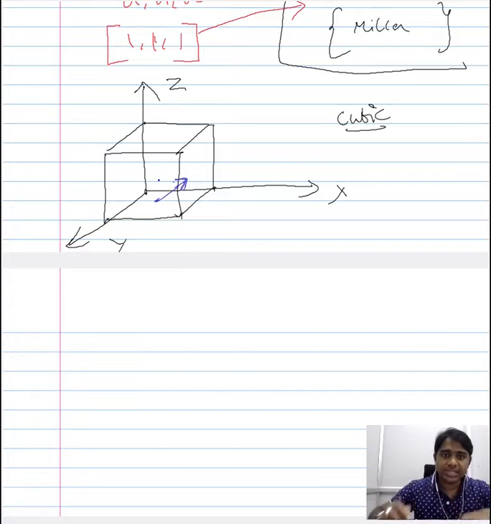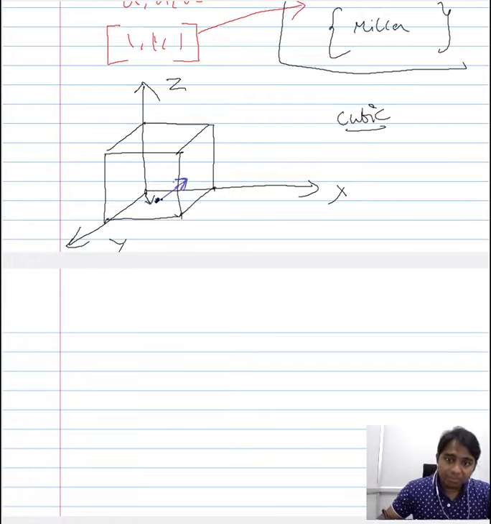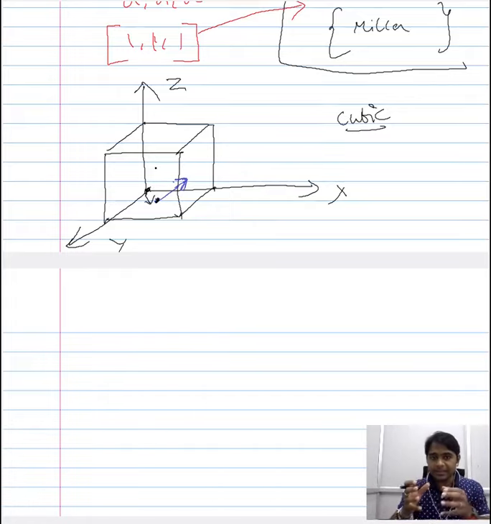One is to construct a parallel direction that goes through the origin, or the other way is to shift the origin or whole of the framework. So the whole frame of reference you can shift to this point here. So let me do that in black. You can shift the whole frame of reference and ensure that the origin coincides with this point here, or you can construct a parallel direction to the desired direction through the origin. So there are two ways you can identify the Miller indices of a direction that does not go through origin.